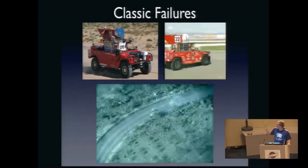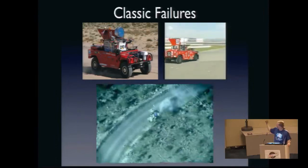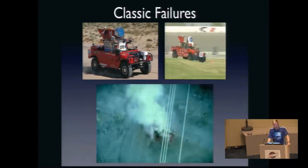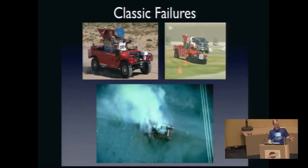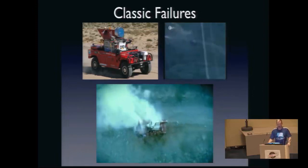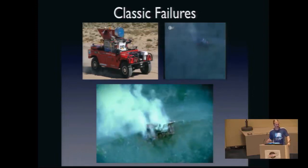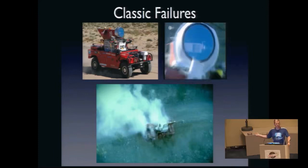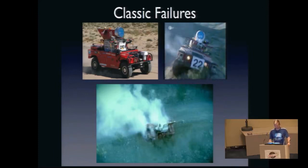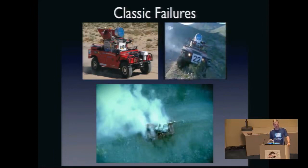Here's 2 videos of Sandstorm in action. One will lead eventually to the crash, but the crash is down the bottom. So what happened? Sandstorm had a huge team working on it, right? A lot of people, and they had the ability to extensively map the course beforehand. They actually had people walk the entire course once they got the information from DARPA about where it was going to go. Their map was so good that they could pretty